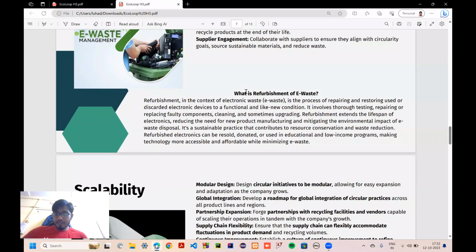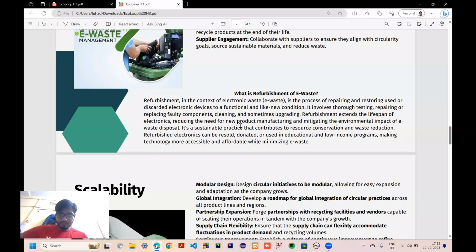What is refurbishment of e-waste? This is also a new concept that has been used by Apple. Refurbishment, in the context of electronic waste, is a process of repairing and restoring used or discarded electronic devices to a functional and like-new condition. It involves thorough testing and repairing, replacing faulty components, cleaning, and sometimes upgrading also. Refurbishment extends the lifespan of electronics, reducing the need for new product manufacturing and mitigating the environmental impact of